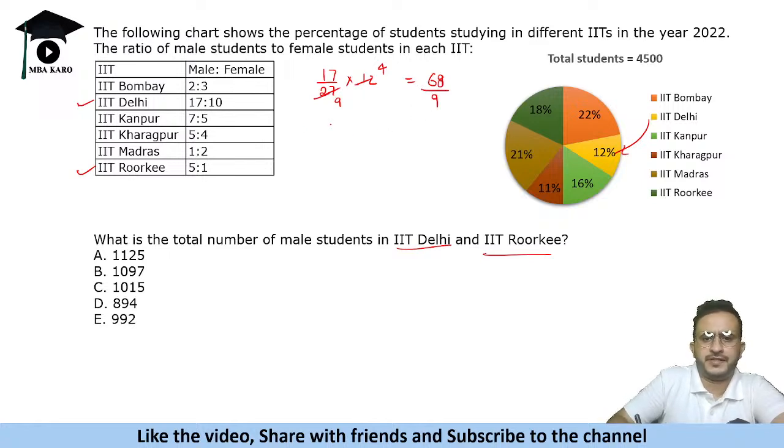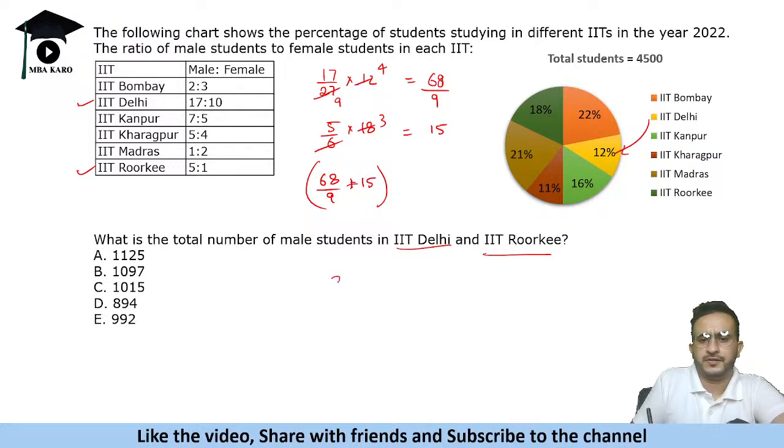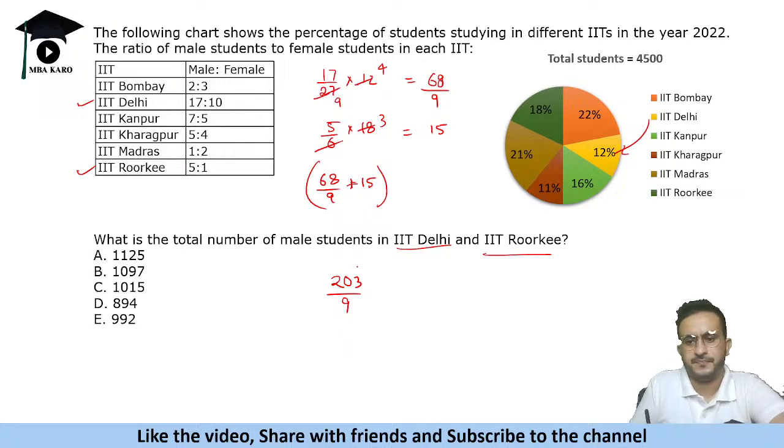And IIT Roorkee is 5 by 6 of 18, which is 15. Okay, 68 by 9 plus 15, which is 135, 203 by 9%. And it should be multiplied by 4500. So 5 times